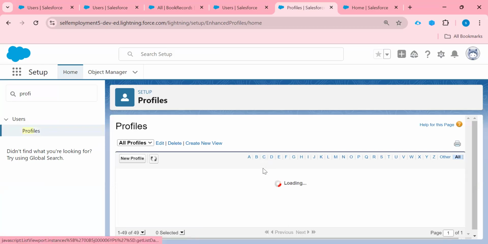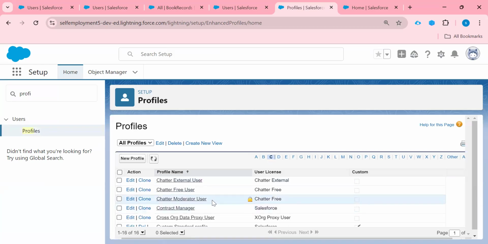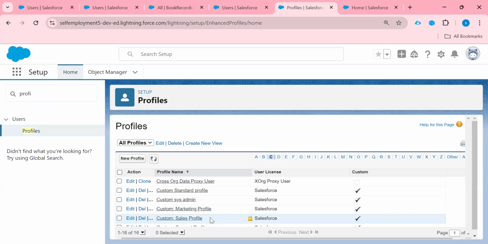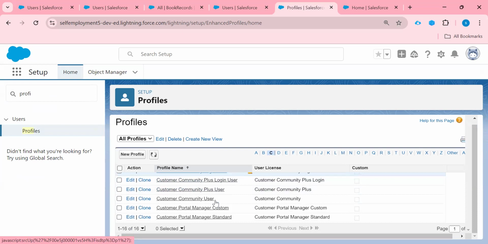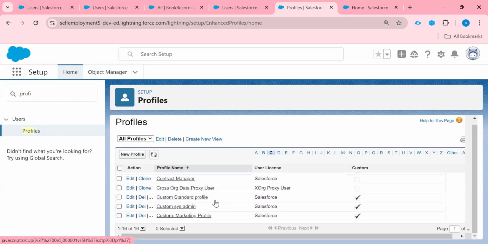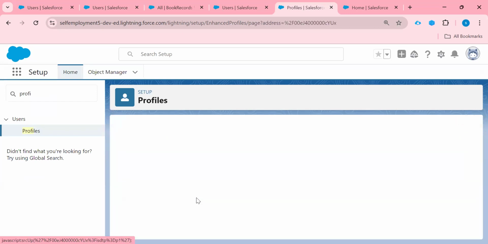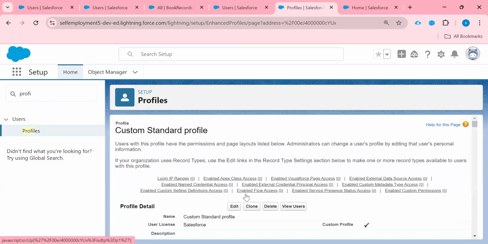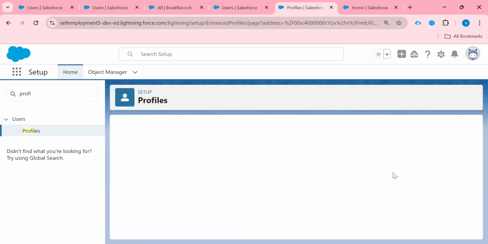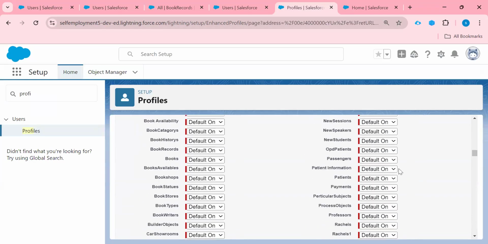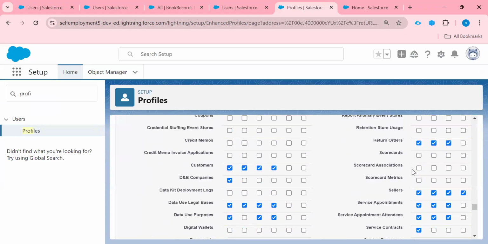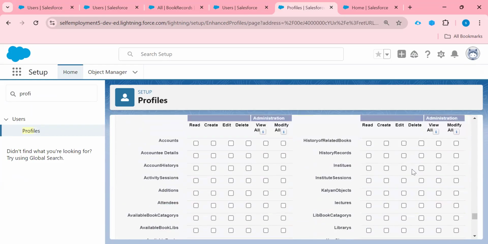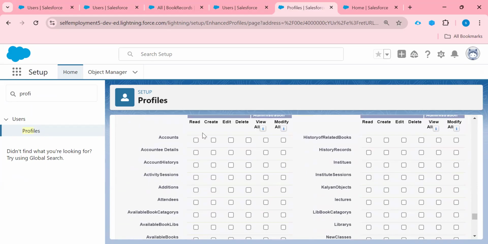Now come to our custom standard profile which we have created. Open this. If I click on edit and scroll down, come to our object level security. So we have done read, create, edit and delete.